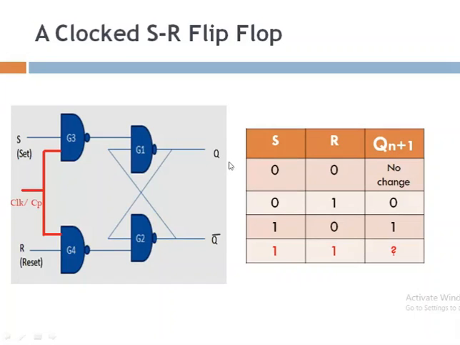So here you can add one column for the clock pulse, and every time for getting the respective output, your clock pulse should be 1. Now the clock pulse can be mentioned by using the notation CLK. In some reference books, clock pulse can be mentioned by using CP also. So if it is mentioned as CP or CLK, it is nothing but your clock pulse. So the operation is the same. When the clock pulse is 1, the circuit will be active and it will generate the output. When the clock pulse is 0, the circuit will not generate the respective output.